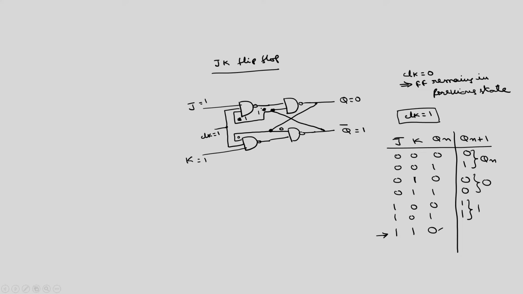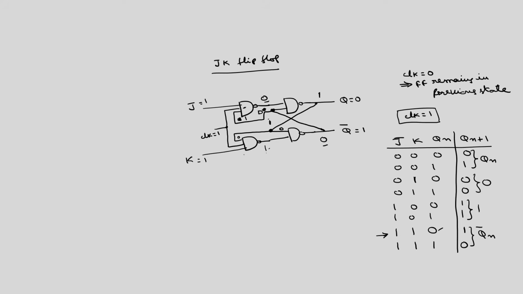This is also 1. Now, if I take this NAND gate, 3 inputs are 1, so output is 0. If I take this NAND gate, one input is 0, so regardless of the other input, output is 1. So, this 1 is fed here, so 1 1 becomes 0. This 0 is fed back here, 0 0 becomes 1 and 1 1 becomes 0. So, when the previous state is 0, present state becomes 1. Similarly, for 1 1 1, the present state becomes 0, which is the complement of the previous state.